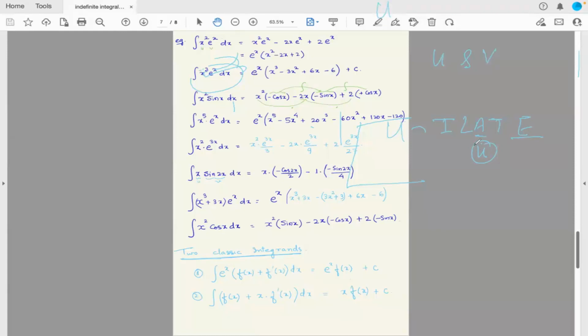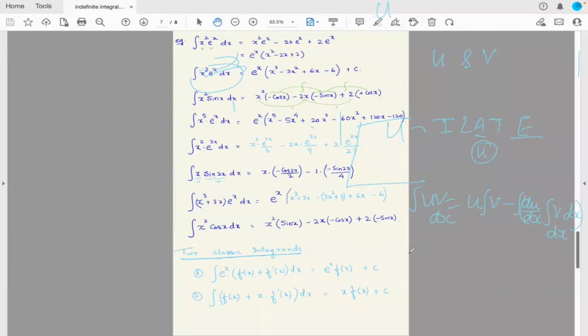So what we do, we just apply the by parts rule. So it looks something like: integration of uv is equal to, we take u out and then we integrate v, and then minus integration of the differentiation of u with respect to x, and again we integrate v dx, and then we integrate the whole integral. So when we apply here,